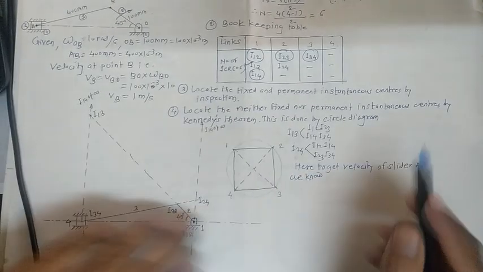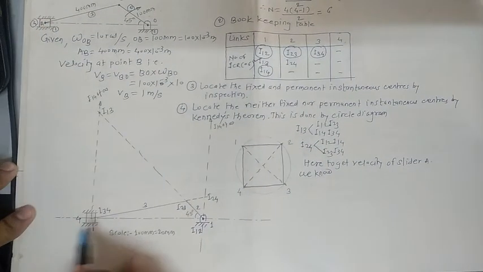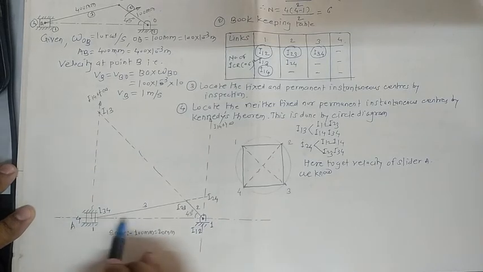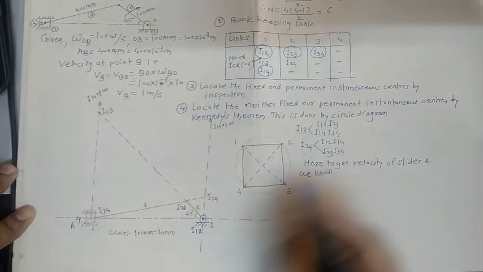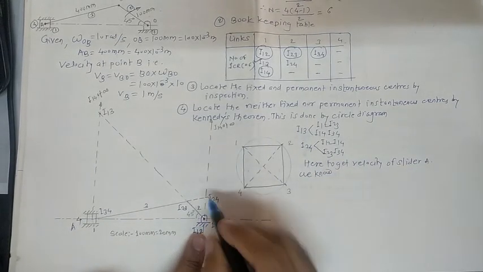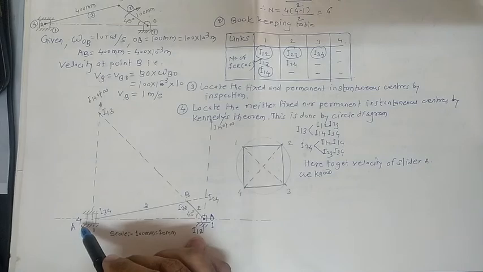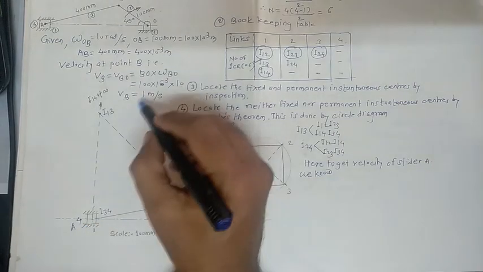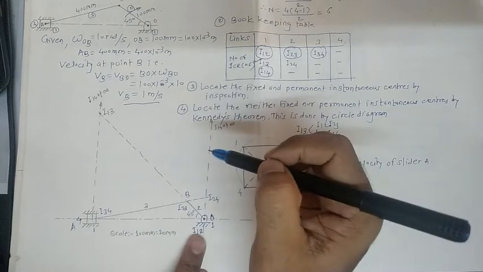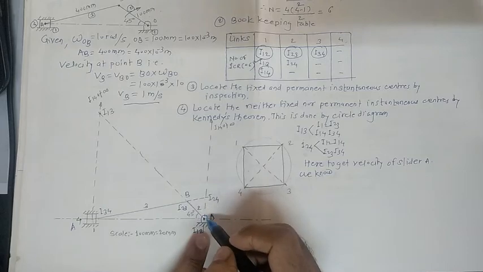Now focus on the slider available with us. The slider has a tendency to slide on this guide. For this one we can start our reference from the first point. This is the O point, here is the B point, and here is the A point with us. Already we get the relation for VB. If I consider the B point on this link OB, we already have that relation.